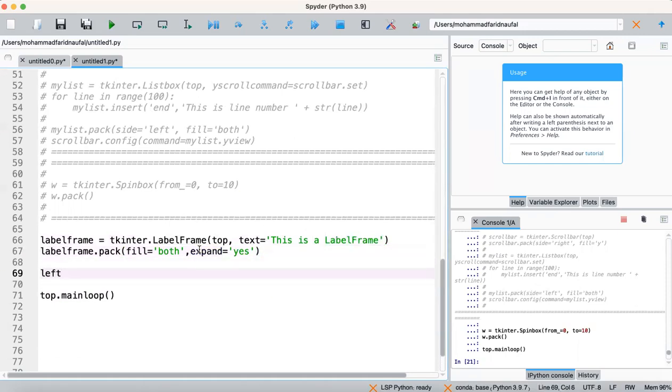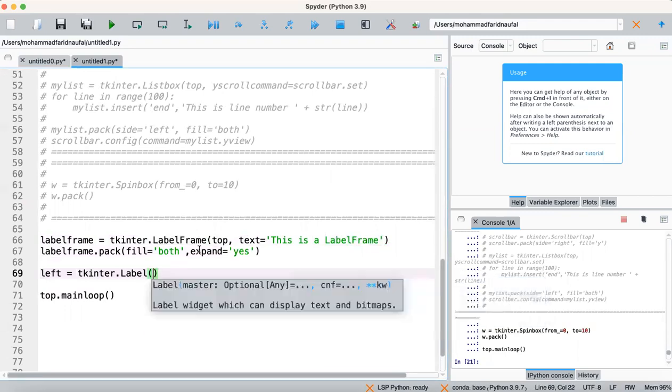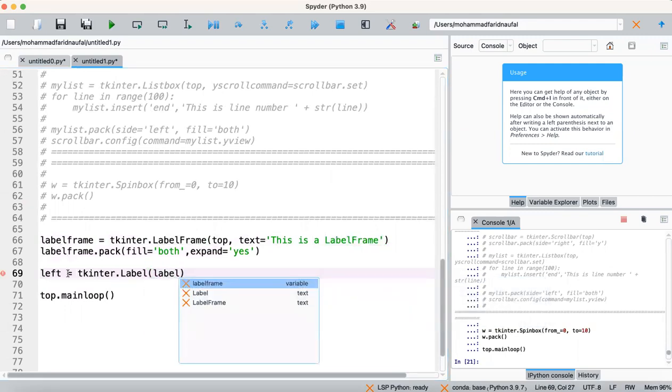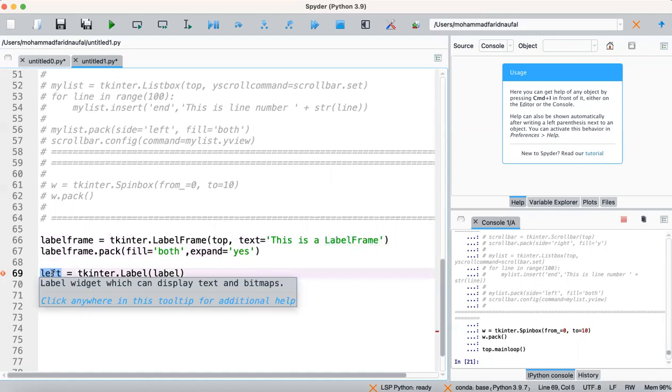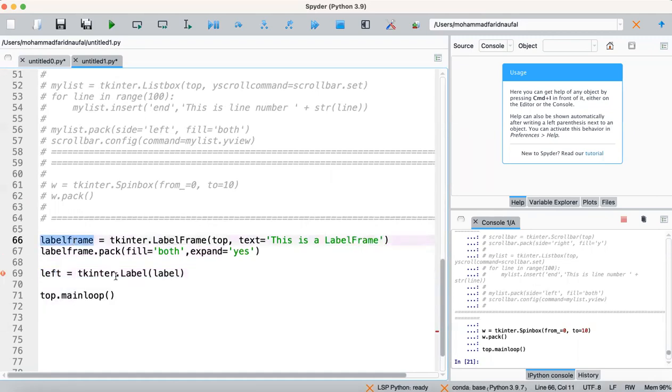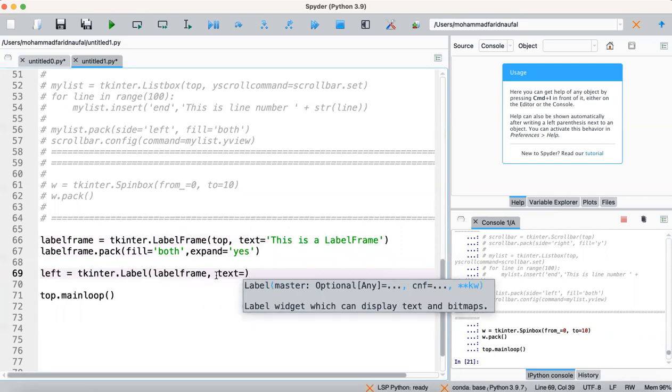Then we create a left variable here, tkinter.Label, then label frame. It means that we put the left label inside our label frame, because we didn't put it in the top main window. We put it into the label frame, with the text "inside the label frame".